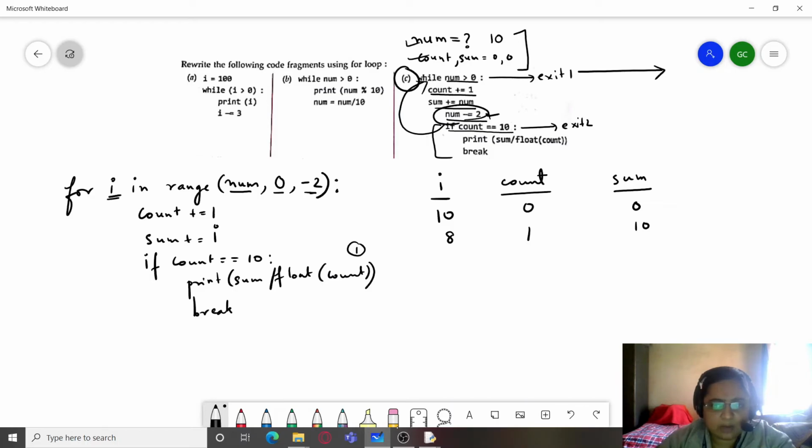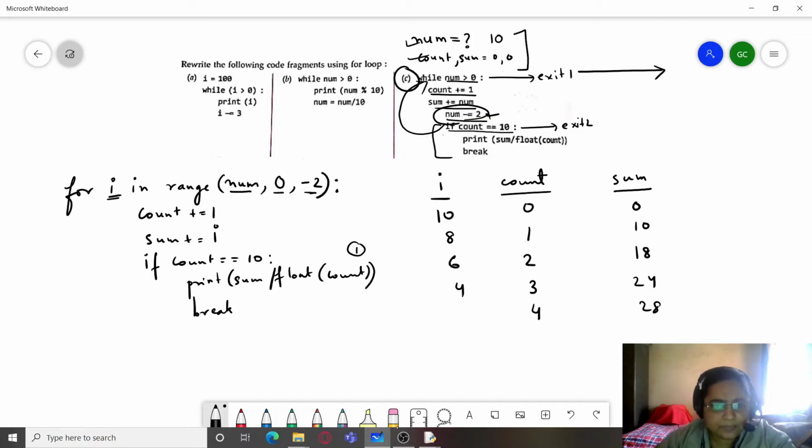Now again count plus 1 and sum plus equal to i, so you can see it is proceeding almost in the same manner, and here also next value, that is 8, then 6, and we'll just do it quickly. So count will be 3, sum will be 24, then count is still not equal to 10, but we'll go back and the skip statement will be executed, so it will be 4, and 4 is not equal to 0, it is still greater than 0, yes, so we will again increment count, which will become 4, and this will become 28.